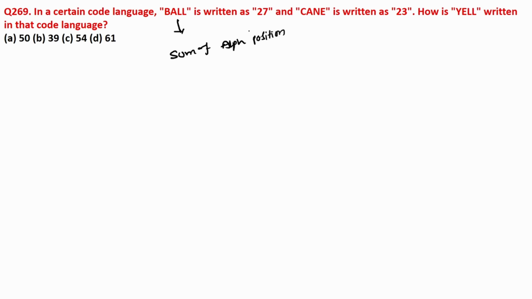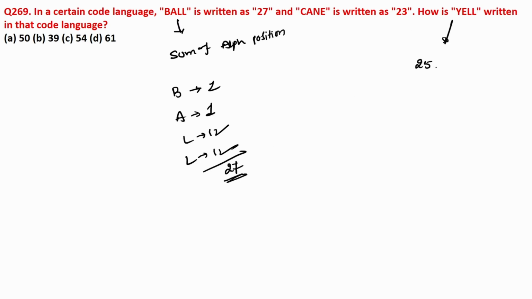Now you can get BAL equal to 27. Why? Because B is 2, A is 1, L is 12, L is 12. So it is the sum of alphabetical positions. So Y is 25, E is 5, L is 12, L is 12. Now the sum of all these numbers, 30 plus 24, is equal to